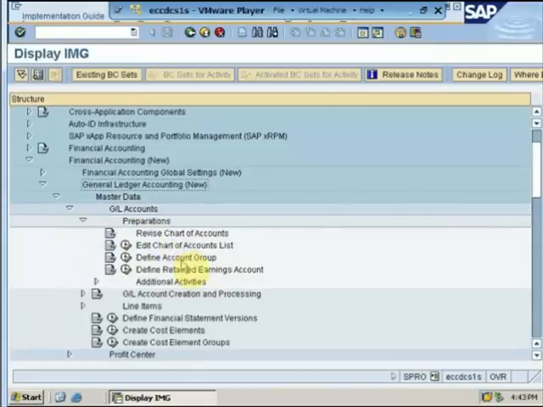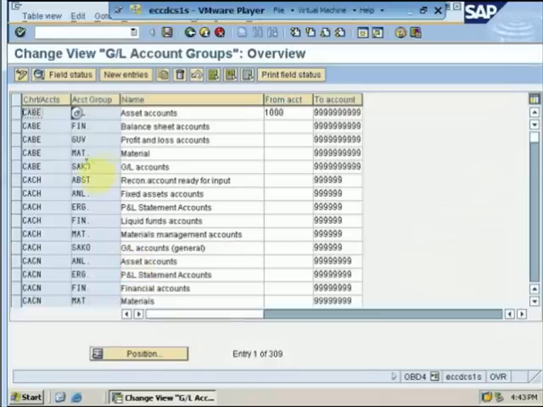Account groups are basically grouping of similar nature of GL accounts. If I move on to the screen, define account groups, as you can see, there are different account groups for different nature of GL accounts. For example, material. I create an account group for material.